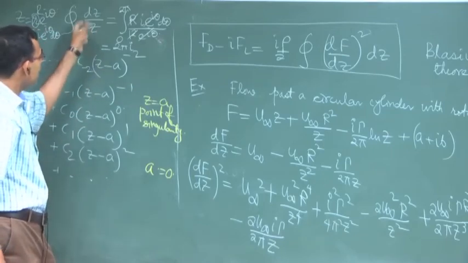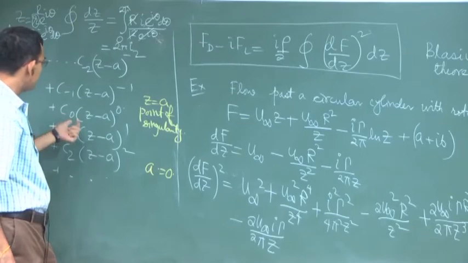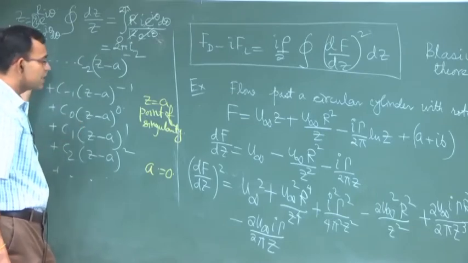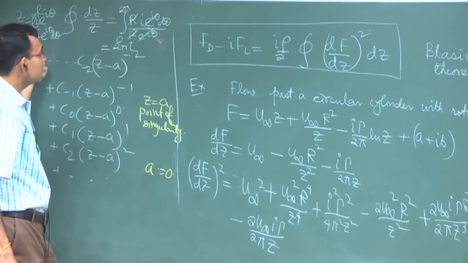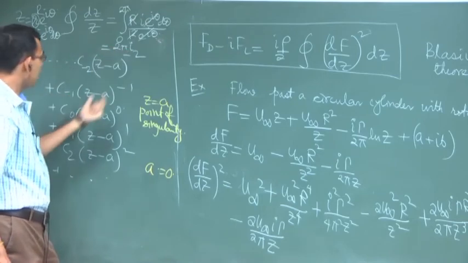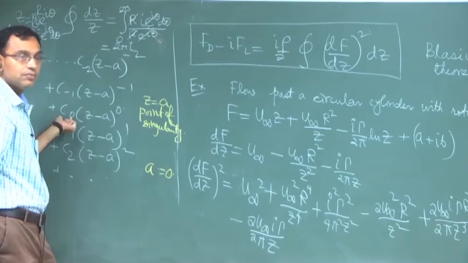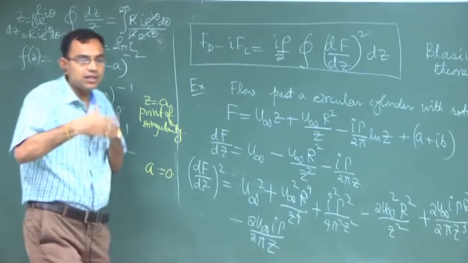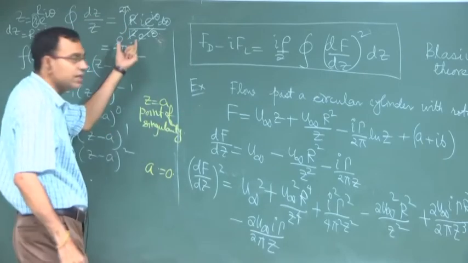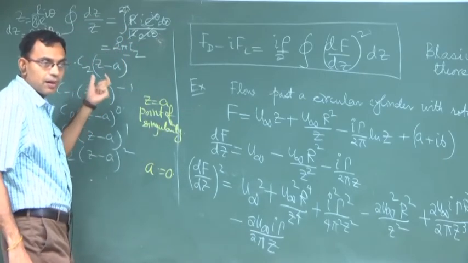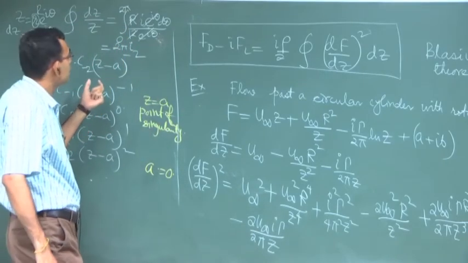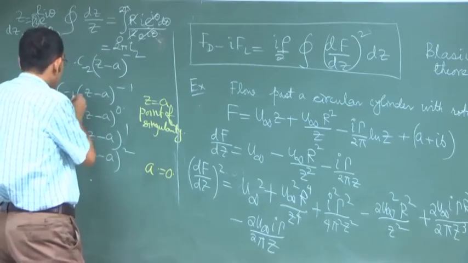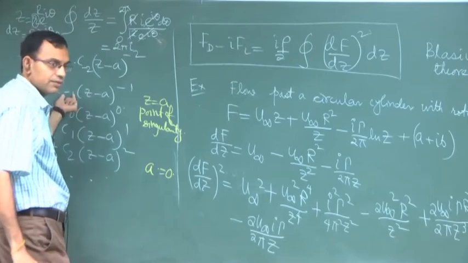So, we can generalize this by saying that if there is a coefficient C0 here, then the integral of this over z will be 2 pi i into C0. This is called the residue theorem. Although it is considered a theorem, it is very intuitive and easy to derive. 2 pi C minus 1, I think. Yes, sorry, C minus 1, not C0, C minus 1, right.